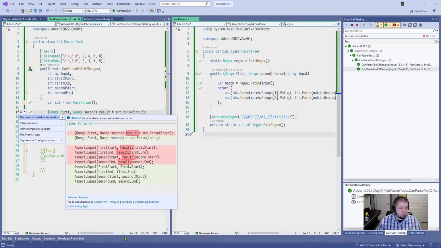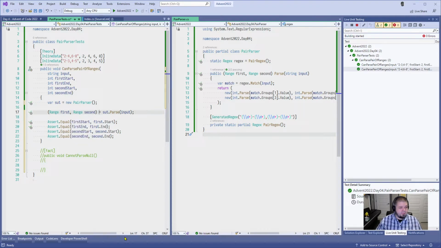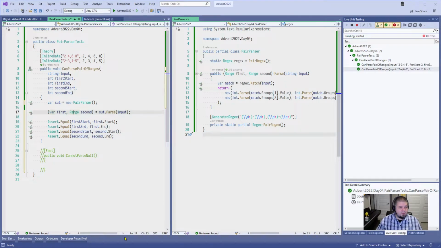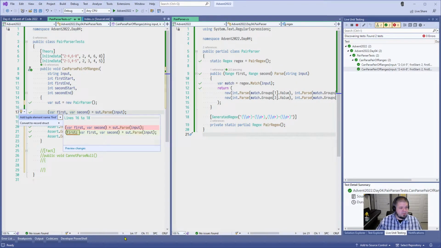So one of the things we can do here is, by the way, we could deconstruct the values as they came out, which actually means we don't need result anymore, which is kind of nice. We can do that, right? We can also use var for all of this, so use an implicit type. And then once we have implicit types here, one of the other things we can do is,